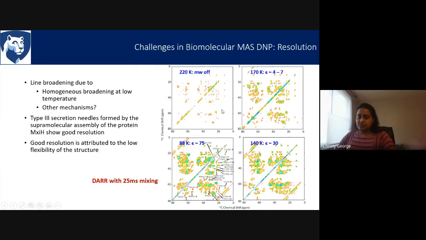And this is a solid state NMR experiment. So it does not mean that there is a J coupling between them. They are bonded, but they are through space interaction. So which atoms, which carbons are close to which other carbons in space.